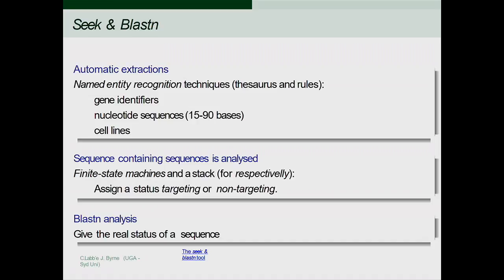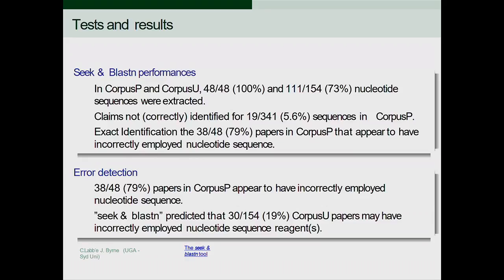So what Seek and Blast does is an automatic extraction of the nucleotide sequences using techniques named entity recognition. Okay, so that's computer science techniques based on rules and thesaurus. Then you perform the Blastn check, and also the status of the sequence is extracted using a finite state machine and some different kinds of things, and then the Blastn analysis. And the results are,